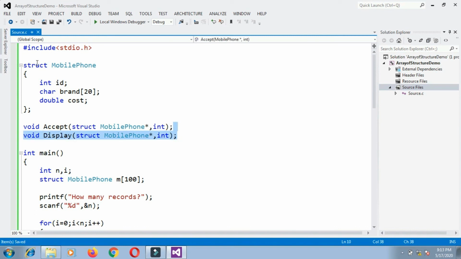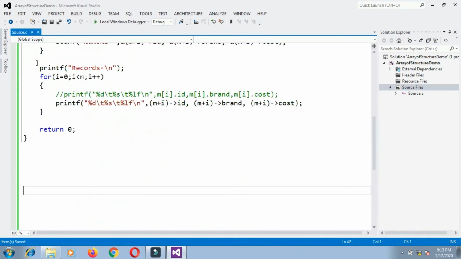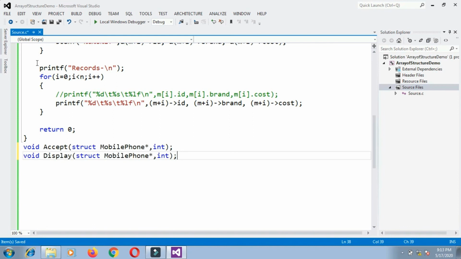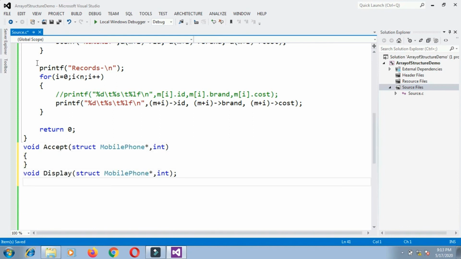So I will write the definitions of these functions below main. And I will call the functions in main function. So first let me complete the function definition. Suppose here I give m and here n. Here also it will be m and n.